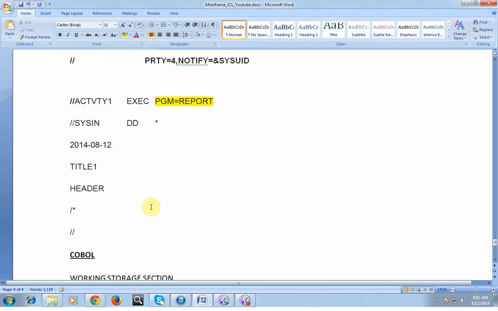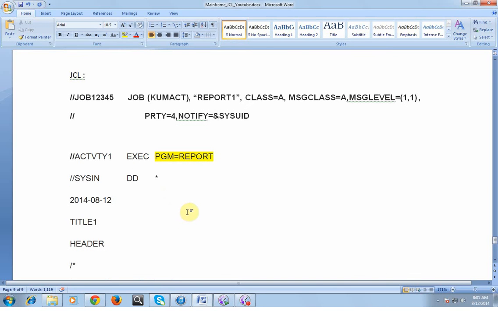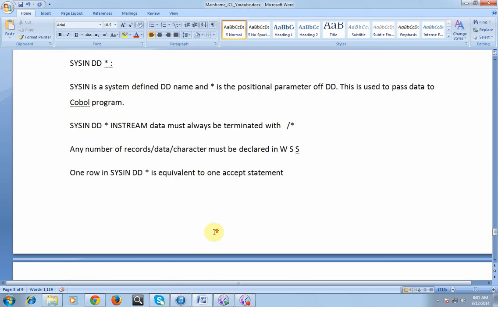When we want to sort data, you need to pass parameters like from which position to which position you want to sort the data, whether it's in ascending or descending order. We pass these as parameters using SYSIN DD *. That's the reason I say all these parameters are very, very important to us.